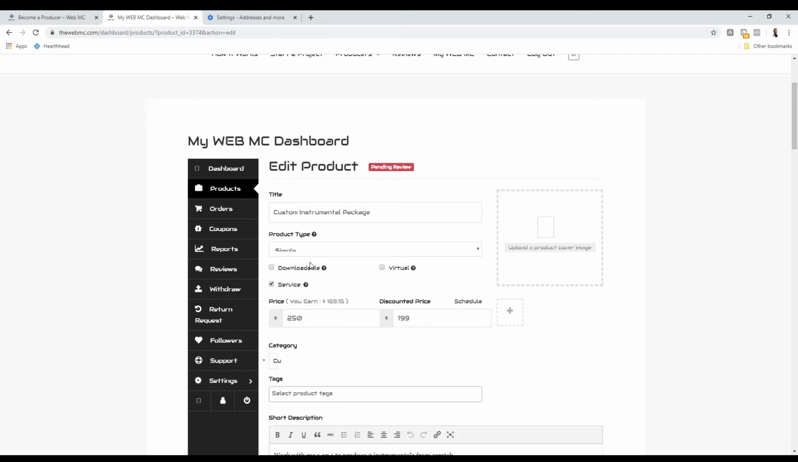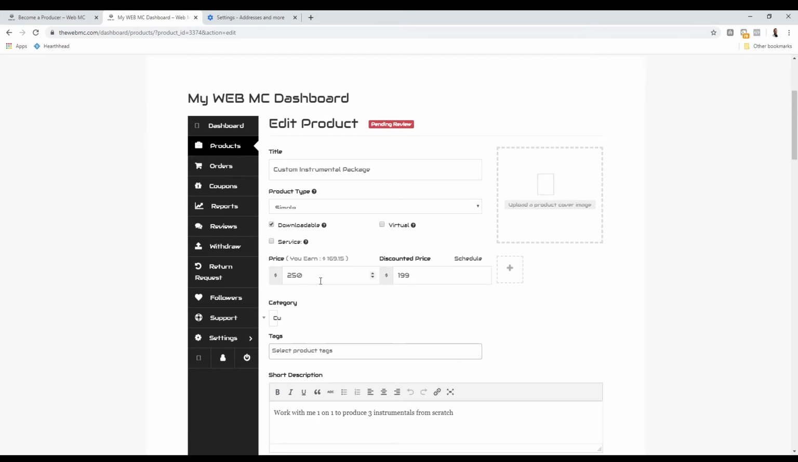All right. If it's simple, let's say you want to sell beats, loops, or just pre-made instrumentals, you can click downloadable, and then all you have to do is upload the file, and once they buy it, they can download it. Okay. Service: if you're making beats for people, making custom one-on-one packages for anybody, you have to click